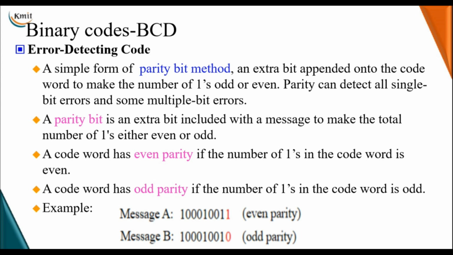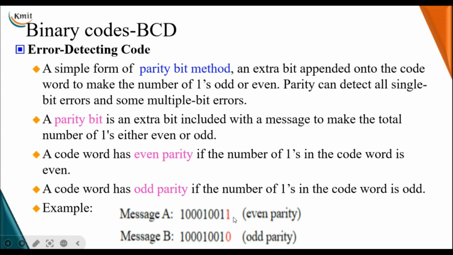So if you prefer an even parity, then the message should contain an even number of ones in your code word. If you prefer an odd parity, then your given message should have an odd number of ones. Now I have a given message